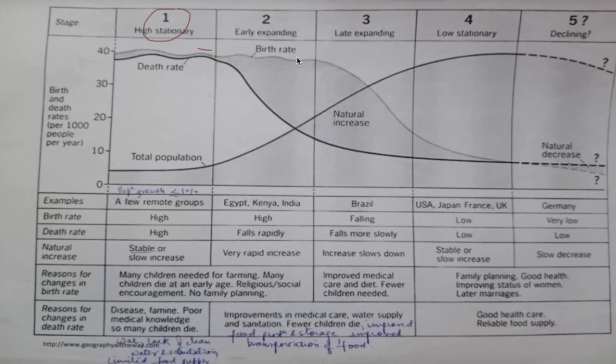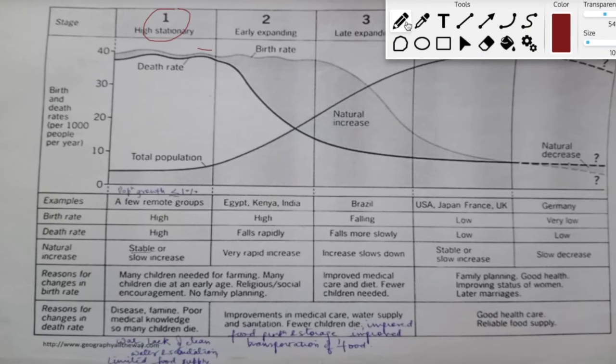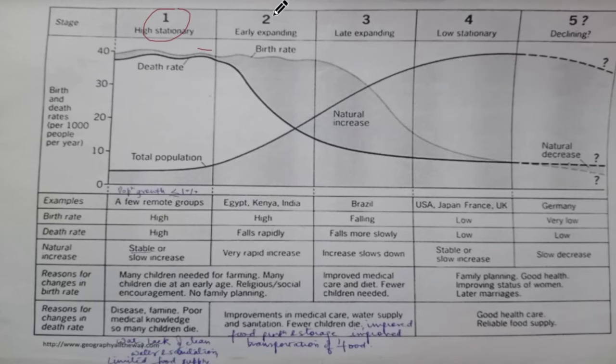So the fall in birth rate comes with a lag, and you notice that this is the stage of expansion, because the death rate starts to fall. The number of people dying is falling, but the number of people being born is still high. So that leads to more population, more people in the society. Eventually, when people start realizing that the death rate is falling, the birth rate also starts to fall, and as it falls, slowly the population also starts falling.